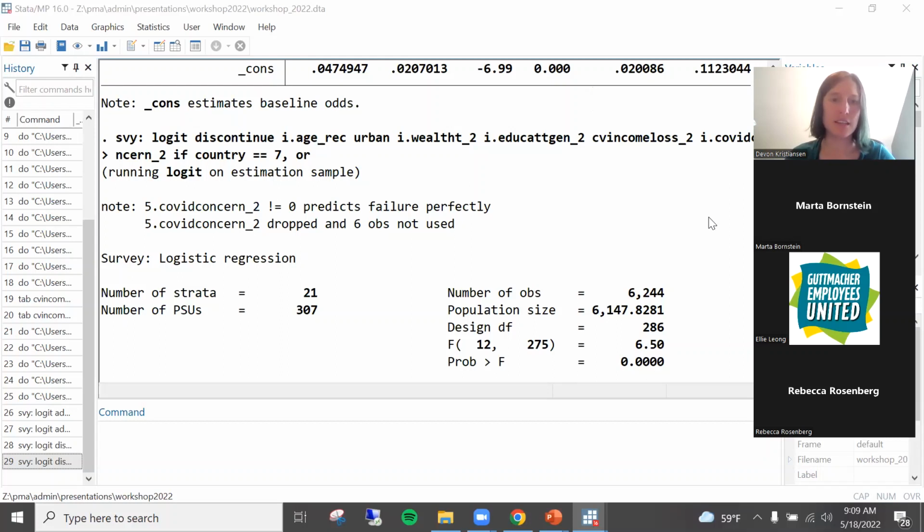For most of these explanatory variables, we are using phase 2 because the baseline happened before COVID, so they couldn't ask questions about COVID impacts before COVID happened. So we are only using baseline 2,